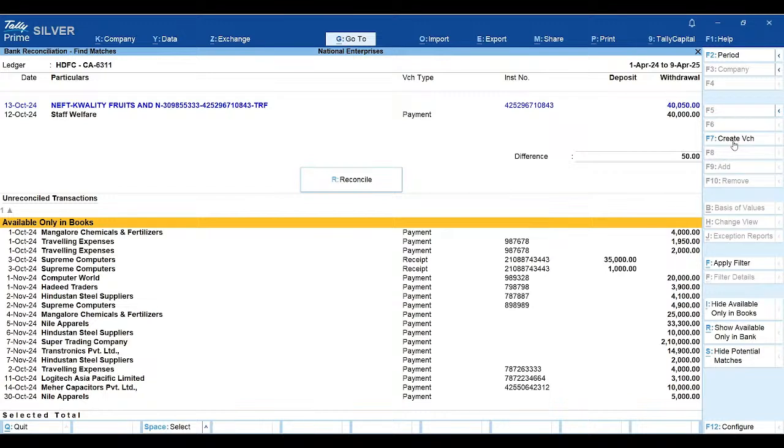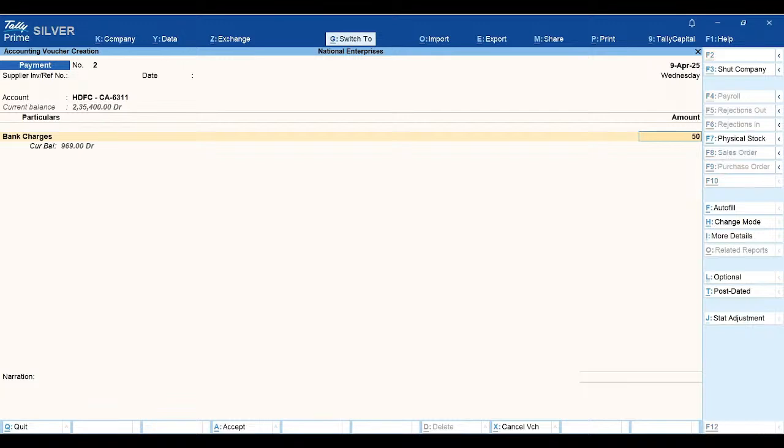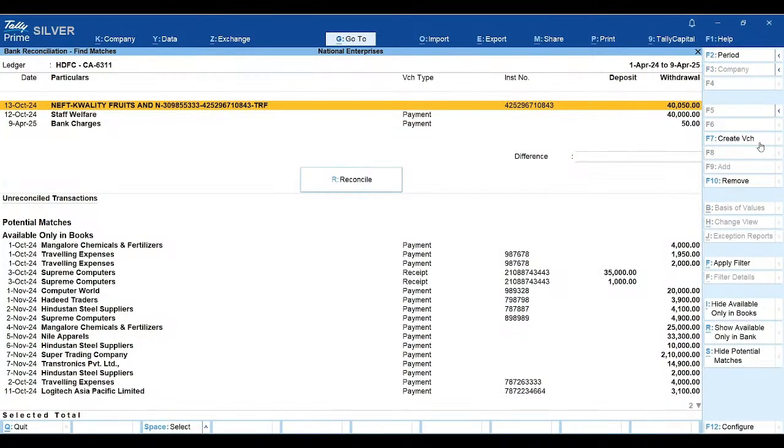In this case, I can simply press F7, and then I can put in bank charges, and then you have created that voucher. Once that is done, you can press reconcile. You can do this multiple times. So let's say I want to create 3 vouchers, you can do that. You can create 1 payment voucher, 2 receipt vouchers, you can do all that. All that flexibility is there because when you open that